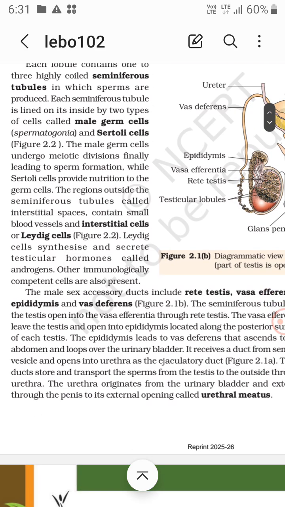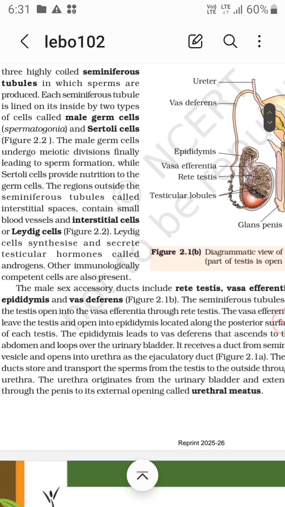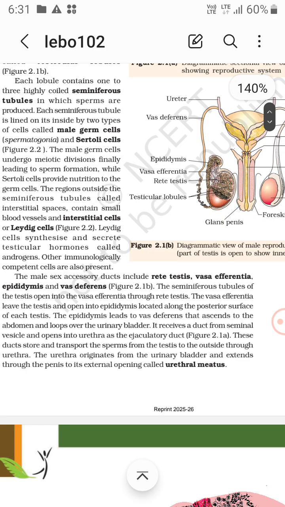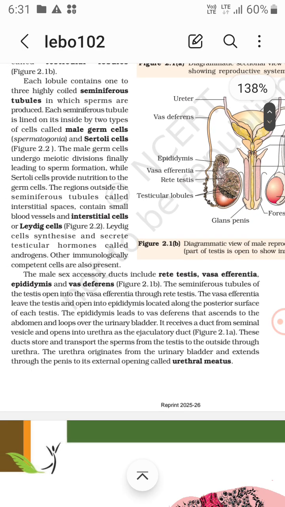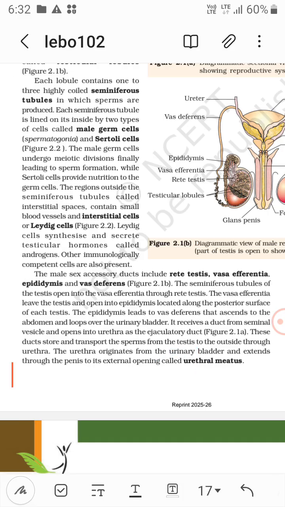Male sex accessory ducts include rete testis, vasa efferentia, epididymis, and vas deferens. The seminiferous tubules of the testis open into the vasa efferentia through the rete testis. The vasa efferentia leave the testis and open into the epididymis located along the posterior surface